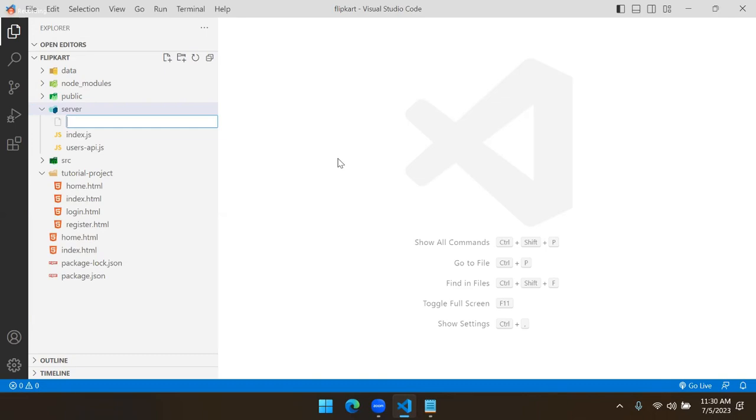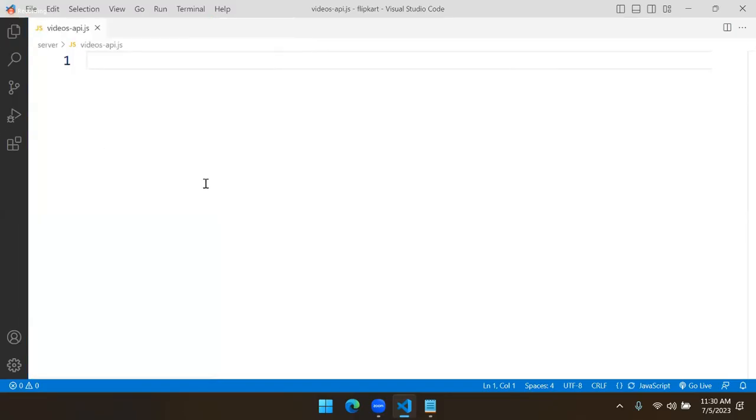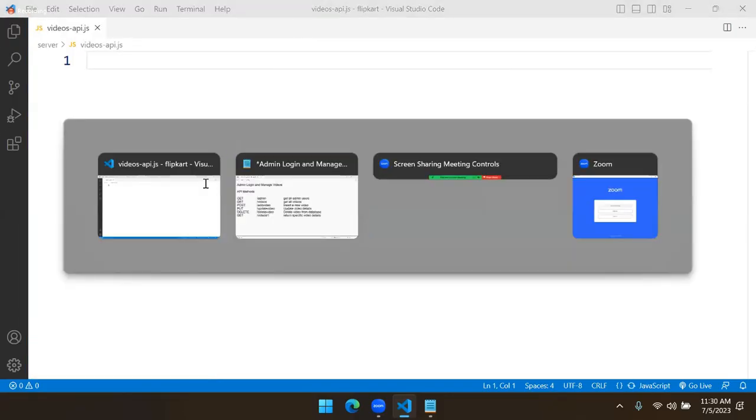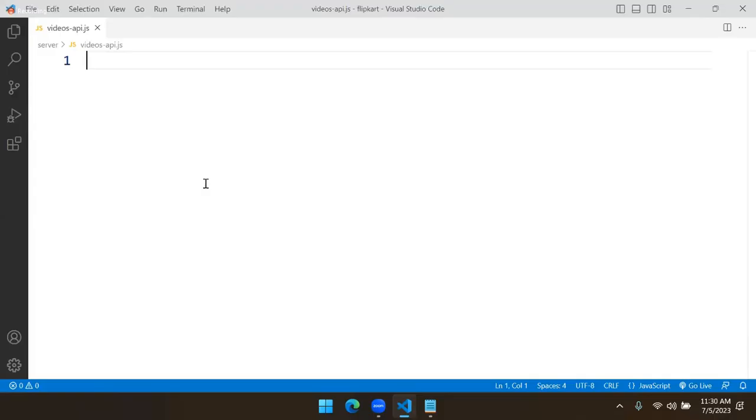I will give it as videos API.js. Okay. In this videos API.js, we have to create all these methods. To create all these methods, they have to communicate with the database. Then we need here